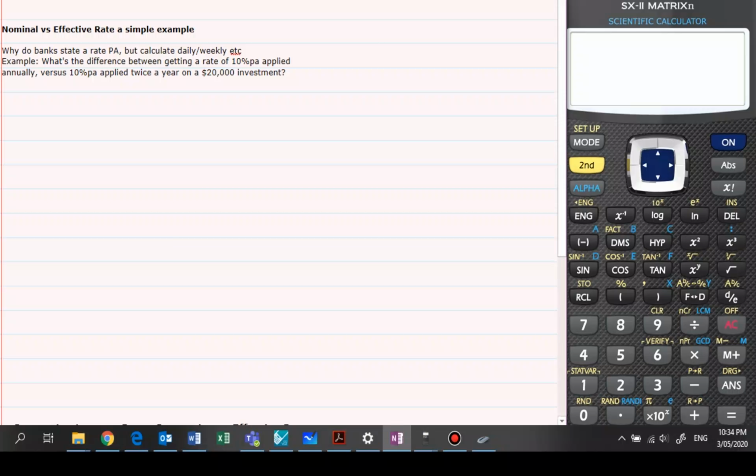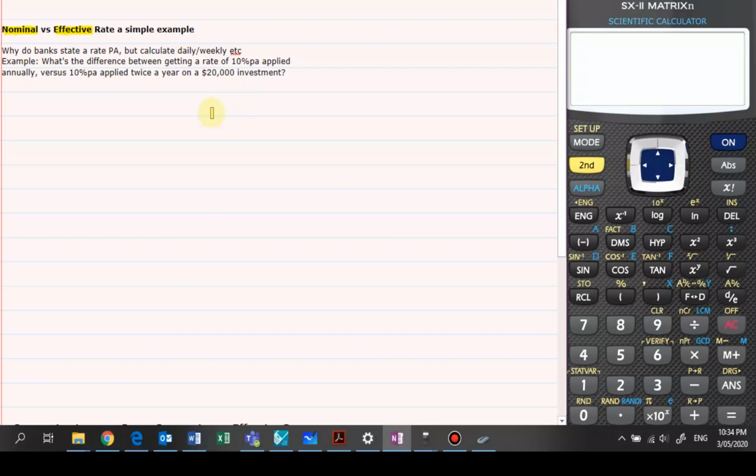Good evening, gang. Right now we are going to look at the difference between nominal and effective interest rates. Two key words are nominal, what the bank tells you you're getting, and effective, what it actually means in